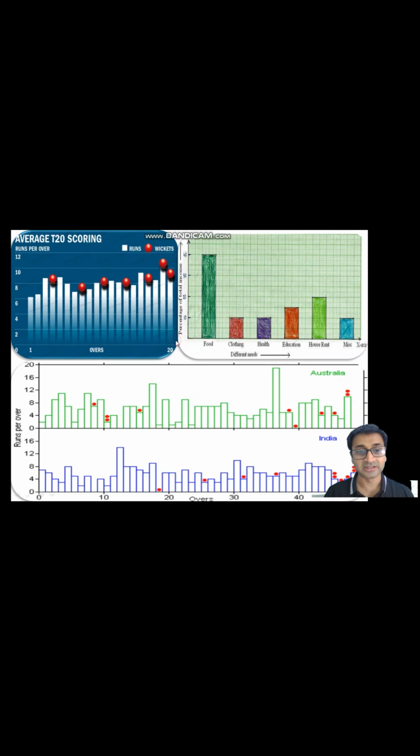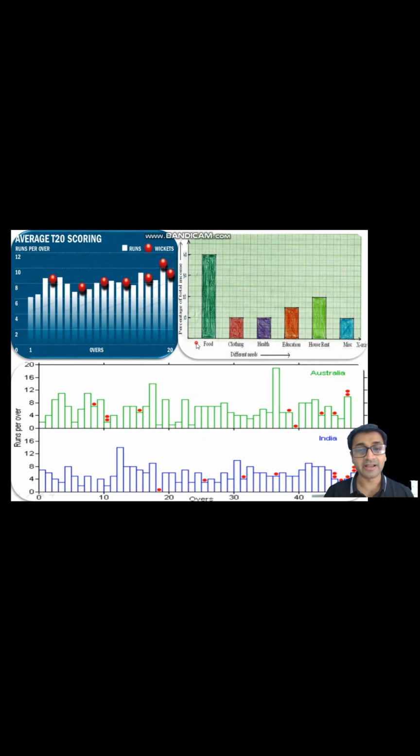Basically, these type of graphs, what are they called? They're called ogive or cumulative frequency curve because it gives cumulative frequency data in the form of a graph. Alright, so if you look at these matches as they progress, you can see the number of runs in total that has been represented here. And that's why the name is cumulative frequency curve. Curve because they all are like curves, no polygons as such.